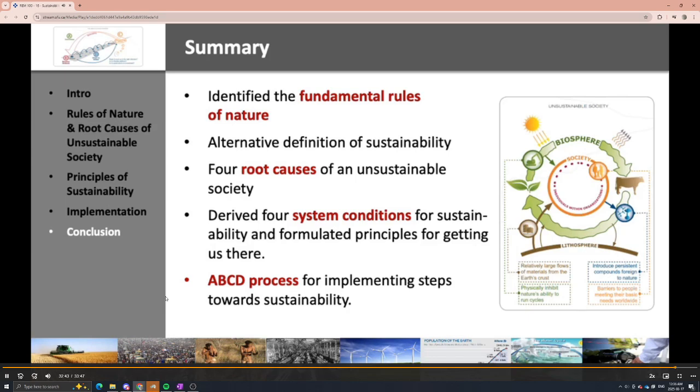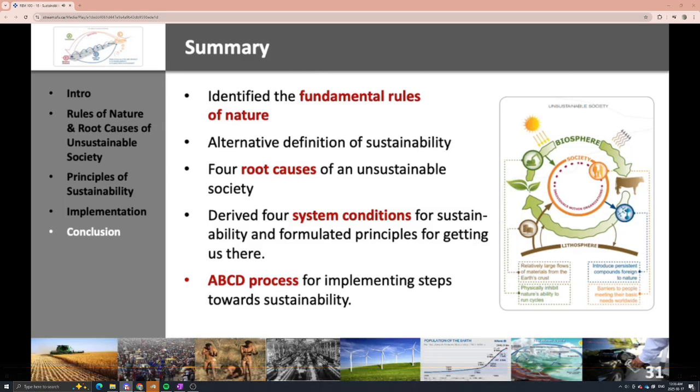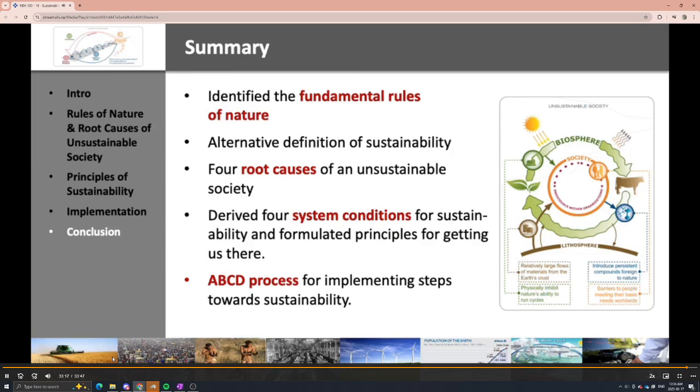We then derived an alternative definition of sustainability, which states that sustainability is about the ability of our own human society to continue indefinitely within the natural cycles. Based on this definition, we derived 4 root causes of unsustainable societies and 4 system conditions for achieving sustainability. We then used the ABCD planning process of the Natural Step framework to develop meaningful and implementable steps towards becoming more sustainable. I hope this lecture has given you some very